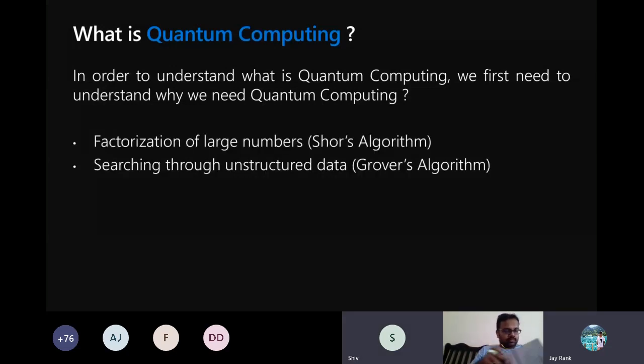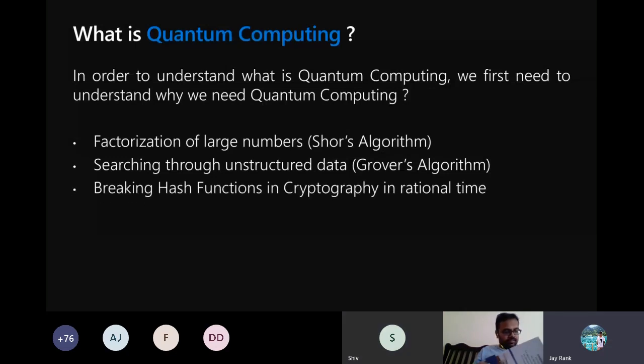Furthermore, breaking hash functions. Although this is a black hat hacking perspective, since it is one of the most trending applications of quantum computing, I had to take it into consideration. So we will be discussing a brief about these applications in cryptography as well.